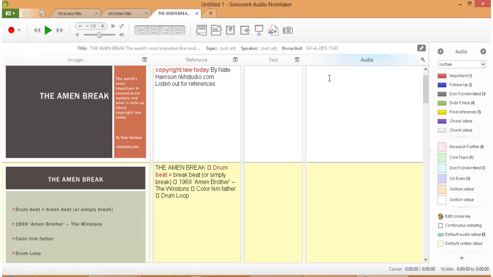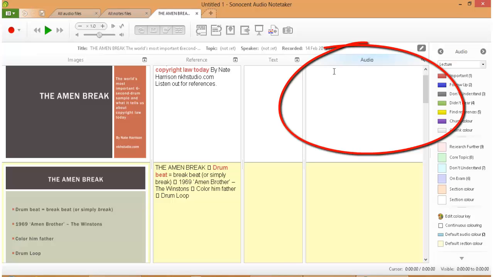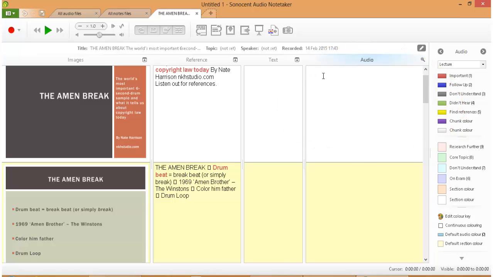So I'm going to click into the audio section. Now if you've got an external mic, great, but if it's not such a big room or lecture room or auditorium, you can use the internal mic depending on where you're situated and the kind of noise you get. So now I've clicked into audio, and I know I have because that's highlighted blue. If I scroll right up to the left hand corner, I can click the red button or use Ctrl R